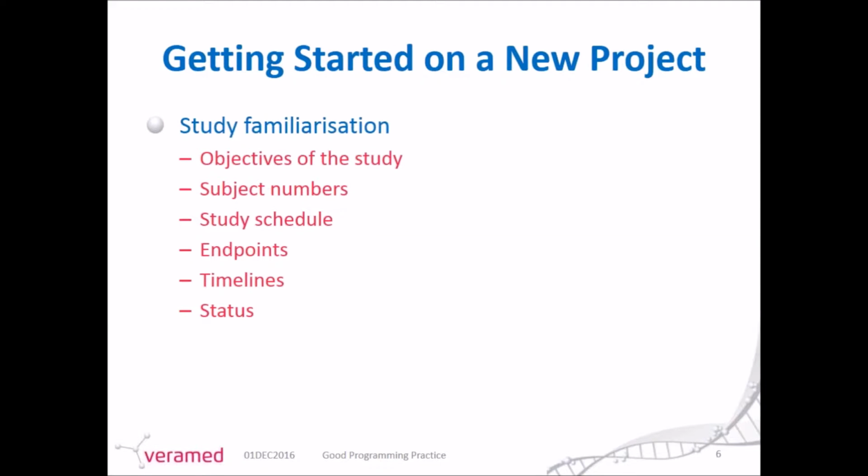In addition, having an idea of the big picture can also have benefits. For example, programmers are encouraged to ask questions if they have awareness of things like some of the items in this list, which can help with spotting issues earlier. So things like the objectives of the study and how many patients are enrolled and randomized and treated, understanding the schedule of events, when the screening, run-in periods, treatment periods, how many treatments, when they are taken, what is the primary endpoint, when and where is this data collected,